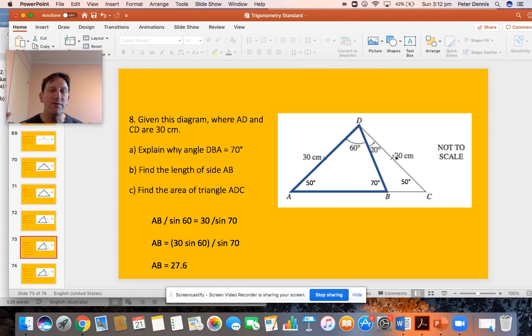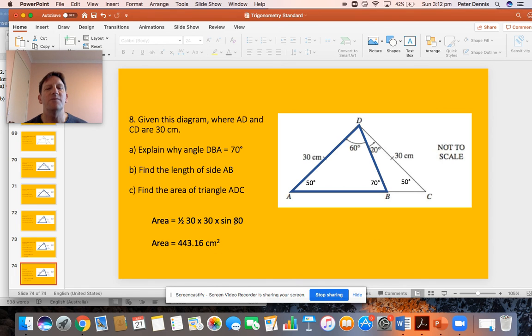So even if you couldn't have done any of the other parts of this, you could still go back and find the area by 30 times 30 times sine 80, half ab sine C. So if we do that, a half of 30 times 30 times sine 80,